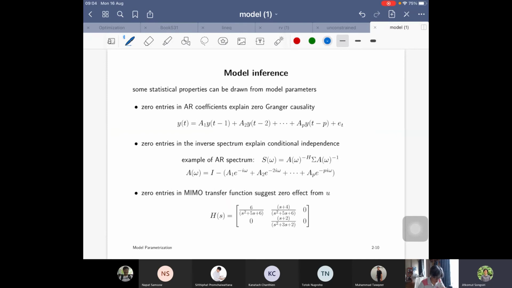Generally, when you develop a model, it means that you have some research questions in mind. If those questions are about examining the statistical property of a variable in your system, it can be something like the following. If someone develops an autoregressive model,